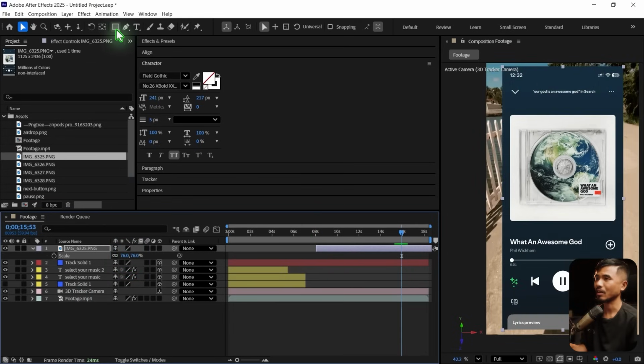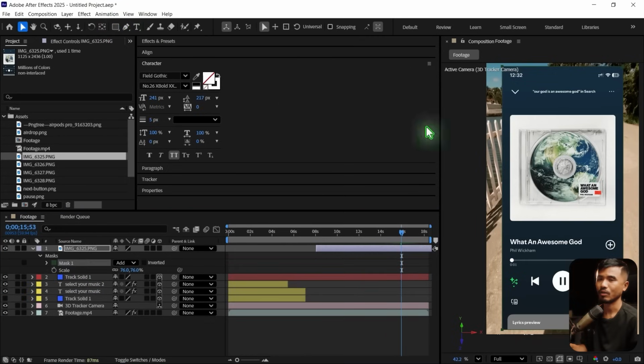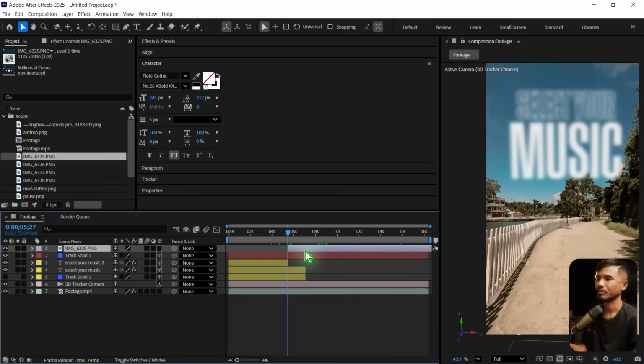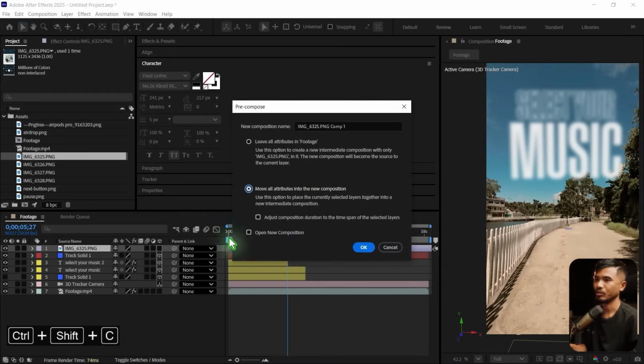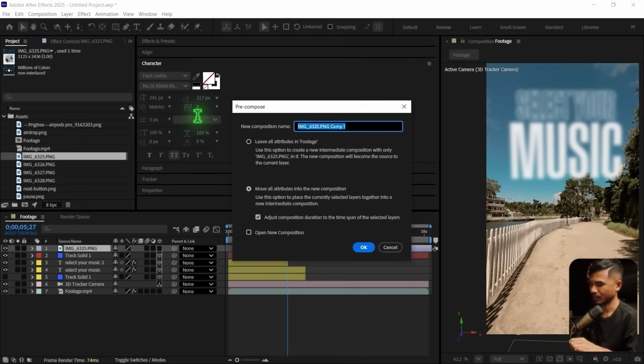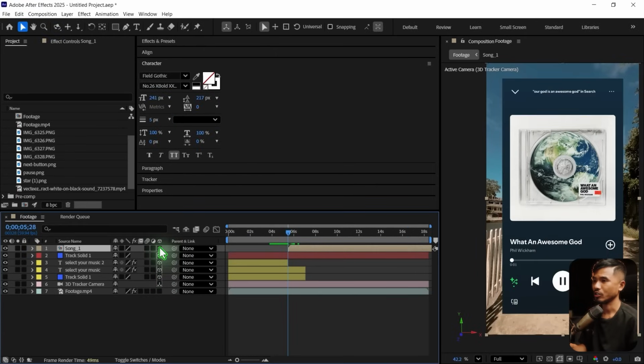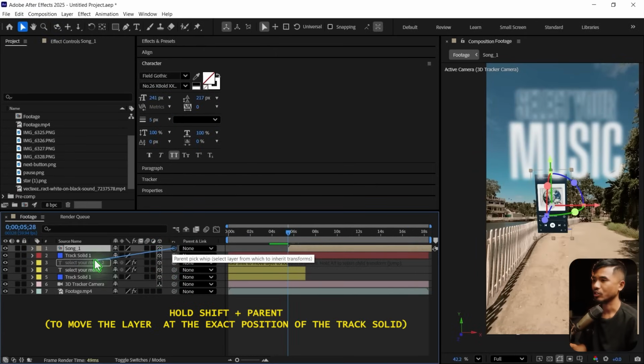So just double click on this rectangle tool while selecting the layer. Double click that will create a mask. Double click here, and you can just trim it away, and you can even also trim this one away. Okay, I will pre-compose this. Control Shift C, move all attributes and adjust duration to the time span, and I will just rename this song_1. Okay, hit OK, and I'm gonna just make this a 3D layer,